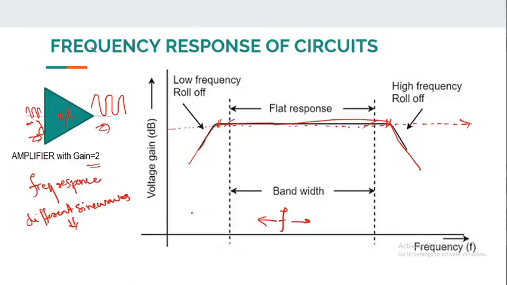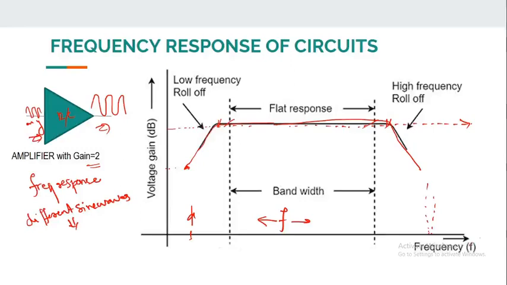If a frequency here is given to the amplifier, it will give only less amplification. If a huge frequency is given, it will also be amplified very little. And if a very huge frequency is given, it will not be amplified at all. This is the significance of frequency response of circuits, and this is applicable to all circuits, not only to amplifiers. It is applicable to all communication circuits and systems.